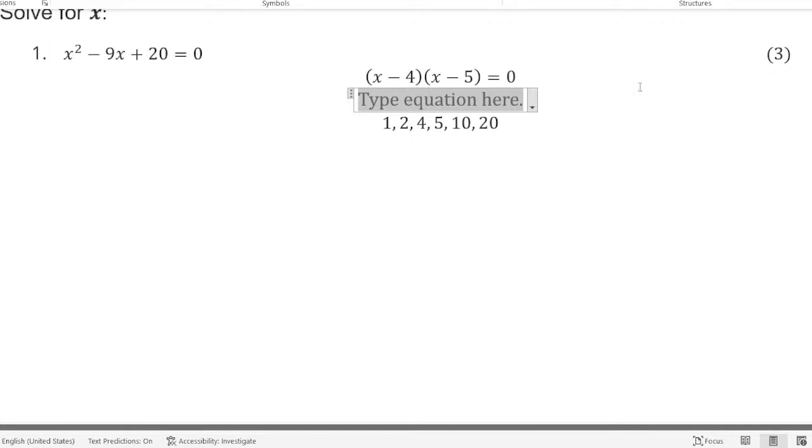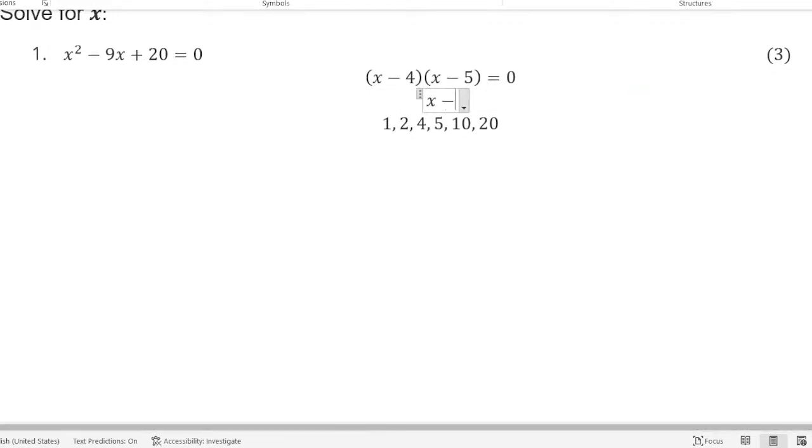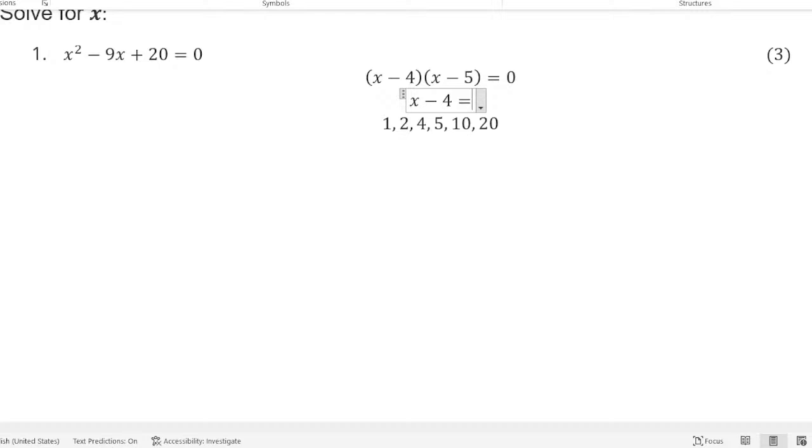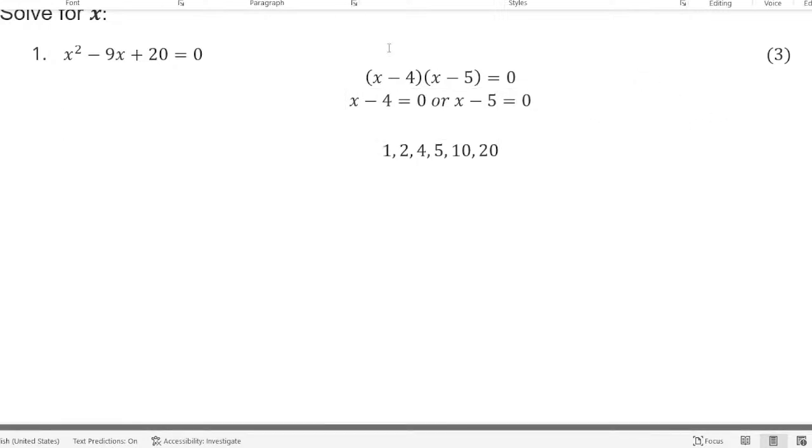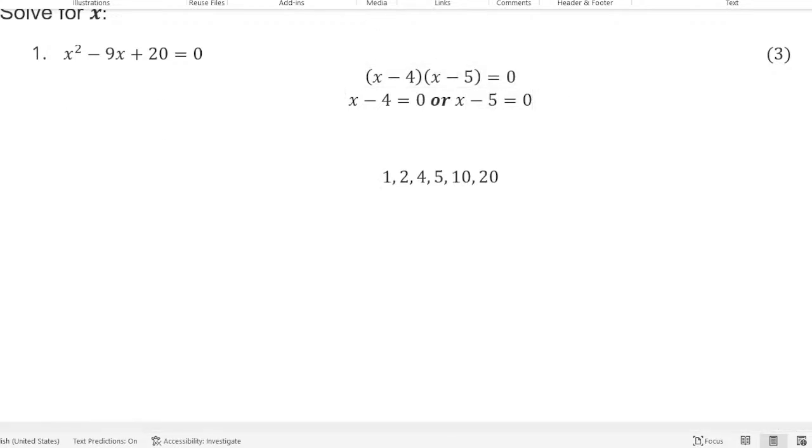We will have x minus 4 is equal to 0, or x minus 5 is equal to 0, right? Then, so now we have these two possible solutions. We have x minus 4 is equal to 0, or x minus 5 is equal to 0. So which means we will say